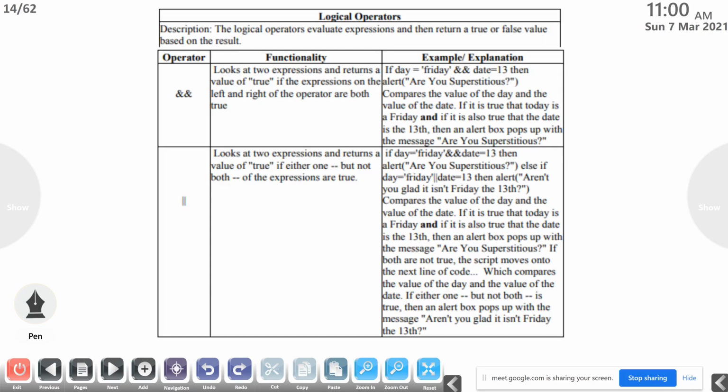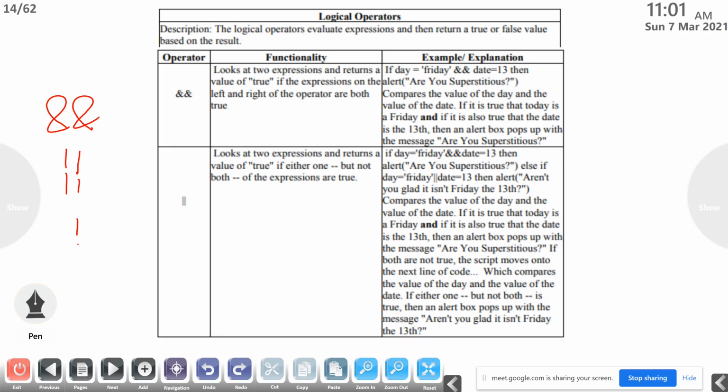Then logical operators. The logical operators evaluate expression and then return a true or false value based on the result. Here we are using logical operators, logical and, two ampersand symbols, logical or, two pipe symbols, and not. Logical and, we are using for comparing or combining two or more values.